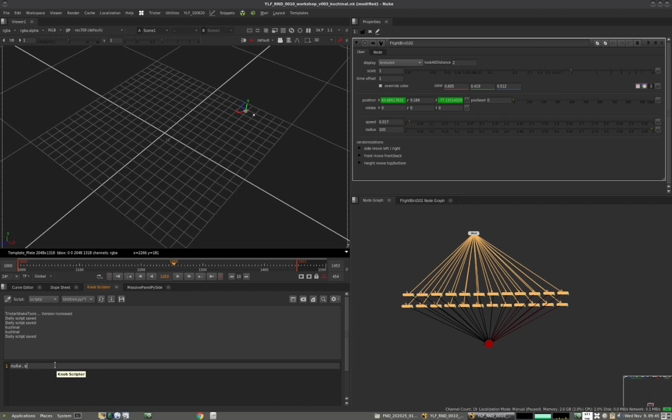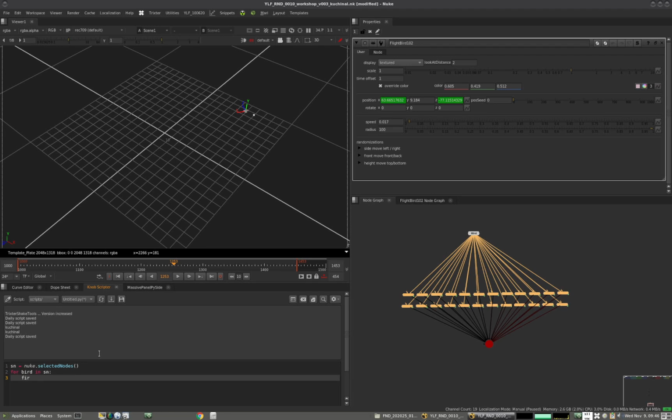So we'll go for nuke.selectedNodes. This basically will make a list of all the nodes that we selected, and I will add it to a variable, and you're supposed to know it already. sn equals nuke.selectedNodes. Again, a very basic Python thing, there cannot be more basic than that. And then I will go in a loop through them, and the loop goes like for bird, let's say, it can be anything else, we'll call it bird, in sn,